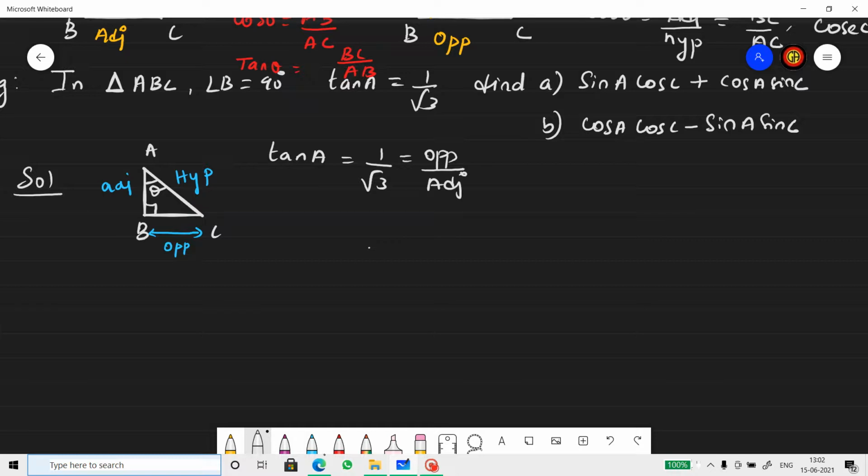Remember, they are ratios, not the exact values, so we need to put a scale factor. Let's consider BC is of length 1x. Let's consider AB, which is adjacent, is of length root 3x. Now first I need to find all three sides of the triangle. Only then can I answer this, right? So how do I find the third side? Well, using Pythagoras theorem, hypotenuse square